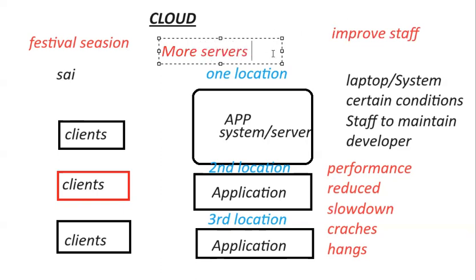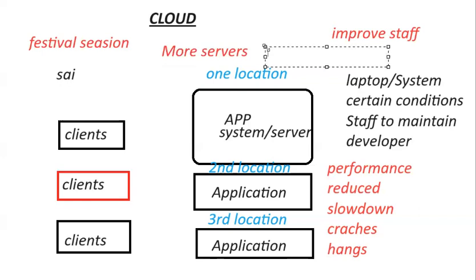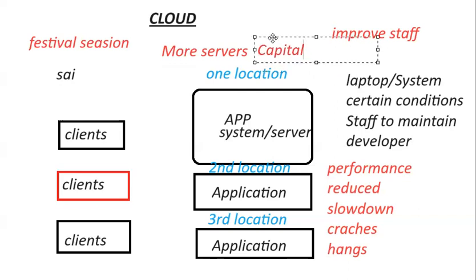For that, what must he provide? To provide servers, he needs to buy systems again. For that, he needs to put in some capital amount beforehand, so that only then can he buy some systems. So whenever festival season came, he just bought some more new laptops. Whenever the festival season finishes, what happens? The servers become empty and are not being used.